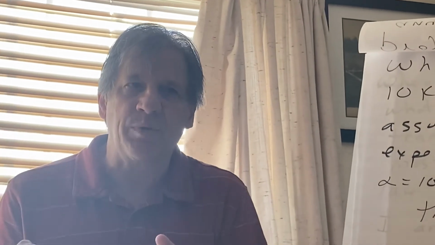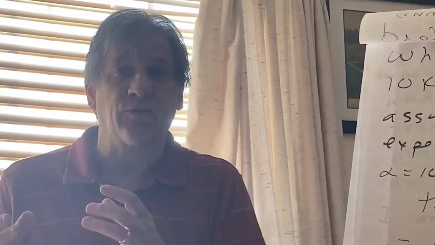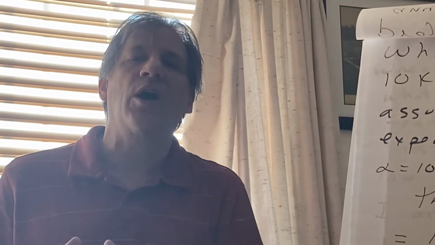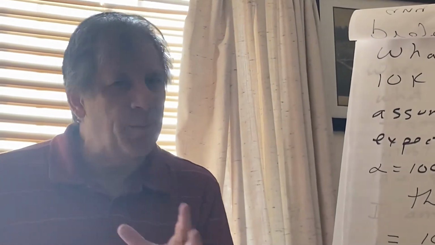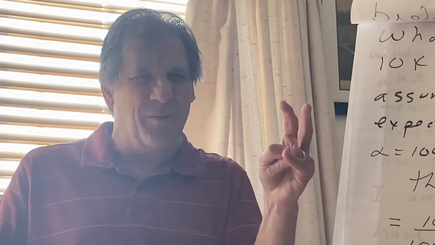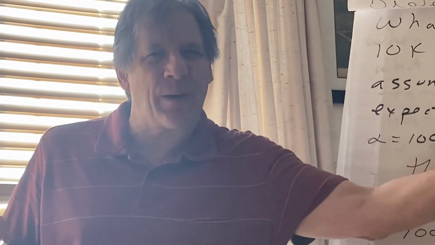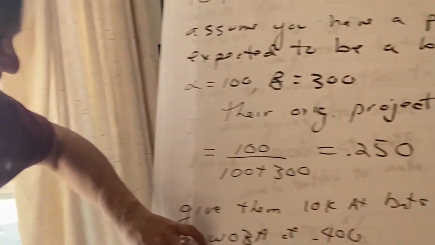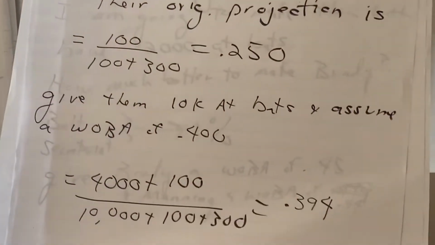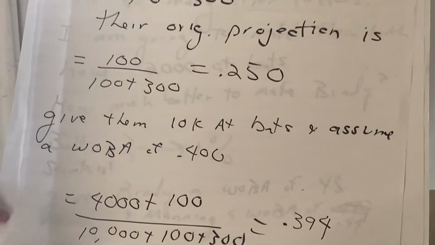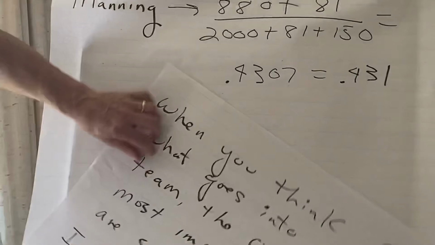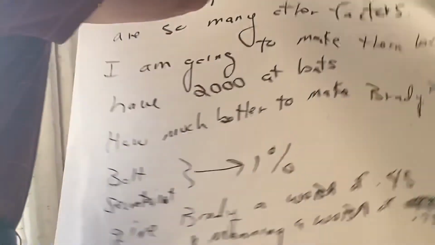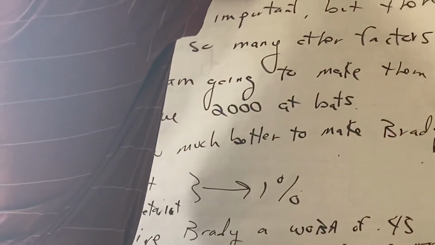So you should be almost virtually, if not completely, evaluated on your performance. Football, as I said, what is performance? So I'm going to bring in that projection in football. But I don't want to do it with 10,000 at-bats for Brady and Manning, because that would be basically washing away the original projection. And if you have any questions, by the way, on any of this, I am glad to answer,